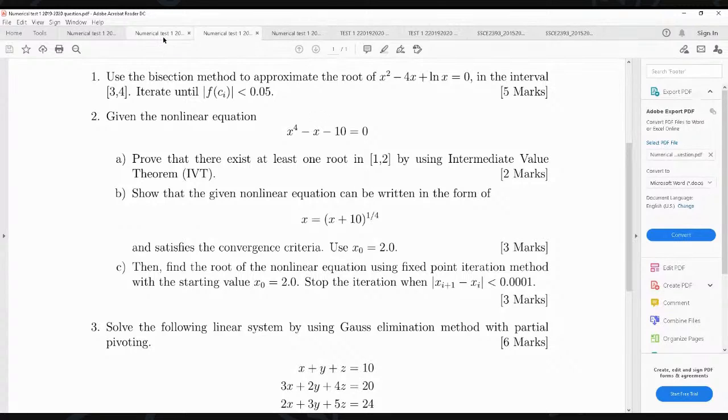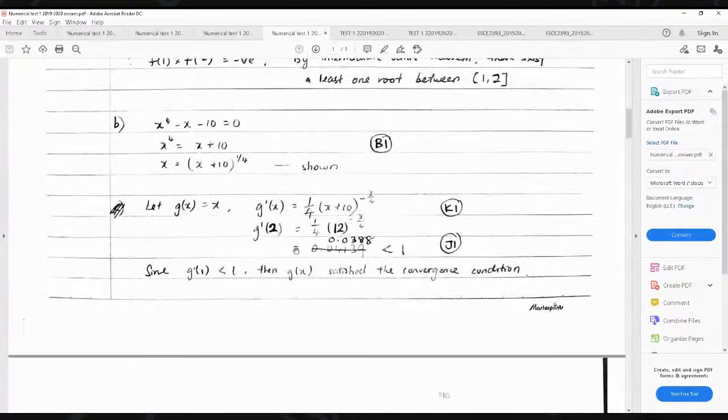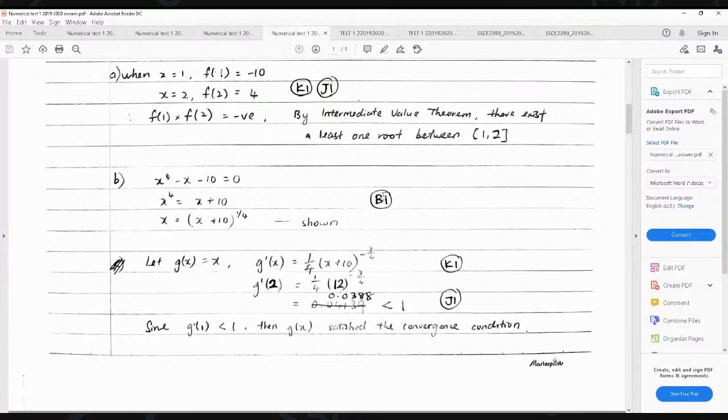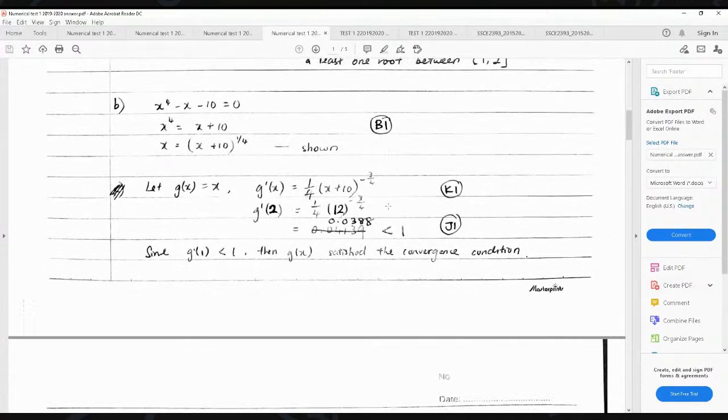In this case, please write in a good way. Please write like this: x power 4 equal to x plus 10, so x equal to (x plus 10) power 1 over 4. So that means you have shown it. So B is correct. J is the answer, K is the method. So you are correct, and you get B1, 1 mark. The third question is to solve this problem